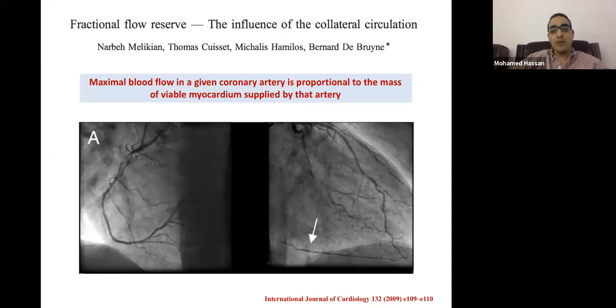So the mass of viable myocardium supplied by this artery increased. And we know that the maximal blood flow in a given coronary artery is proportional to the mass of viable myocardium supplied by this artery. So now, if you used the iFR or FFR to assess the significance of this LAD, it could be overestimated. You may find that the LAD is really significant, but after fixing the RCA, you will find actually the LAD